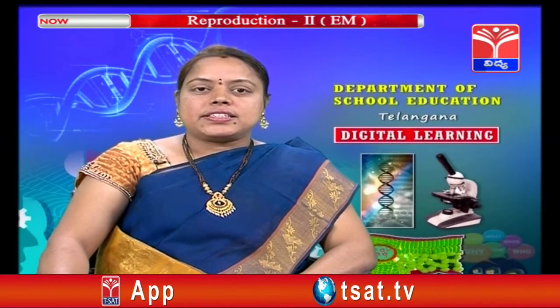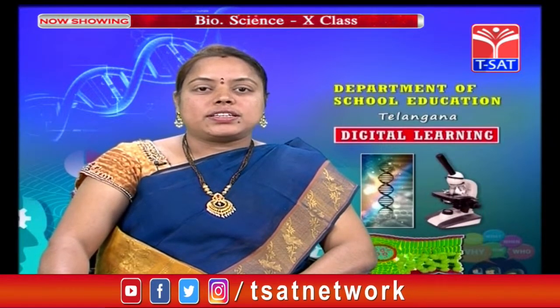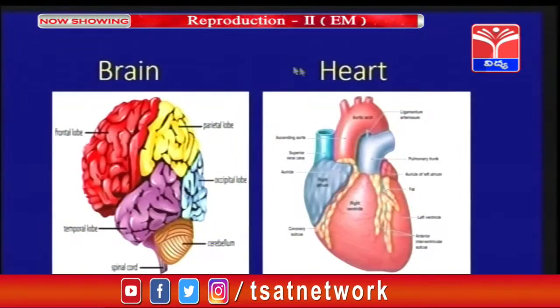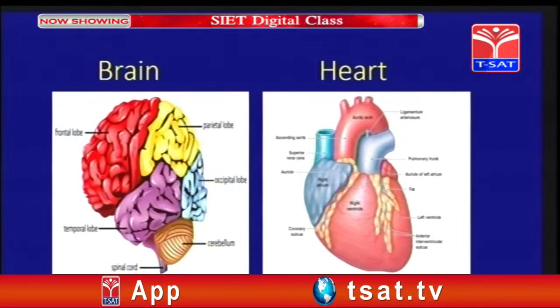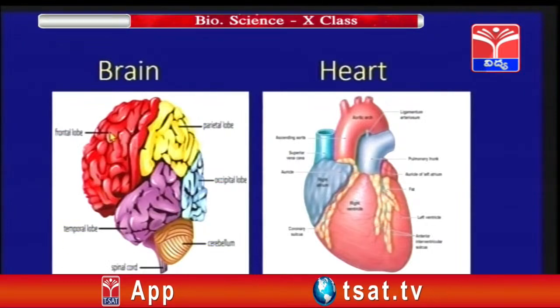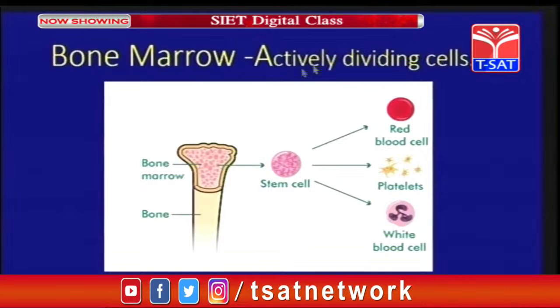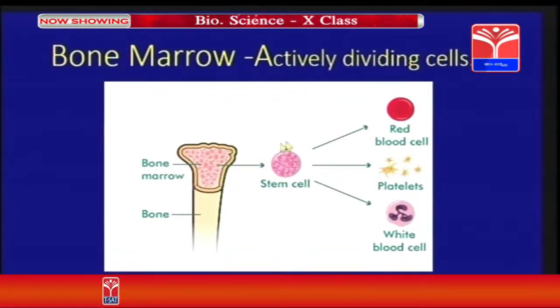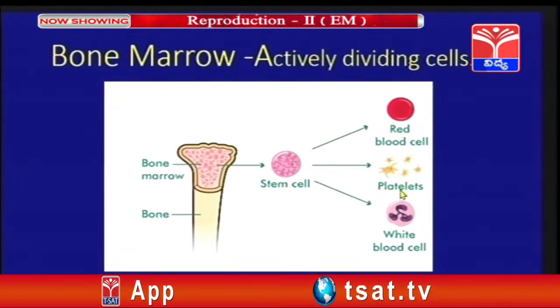Now, as we discussed, cell division helps in the development of cells, but the cell division process does not occur in our brain and heart. So we can say cell division is absent in brain and heart. Bone marrow cells, whereas, are actively dividing cells. That means the bone marrow cells have the activity of division because you know RBCs, the platelets and the